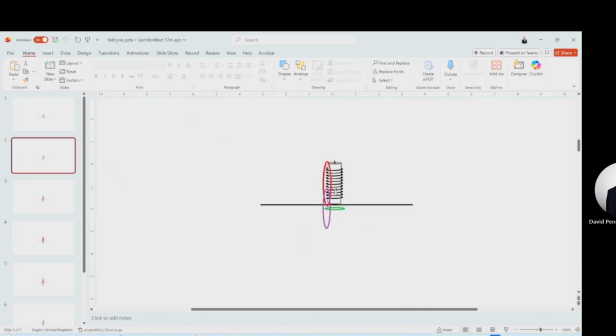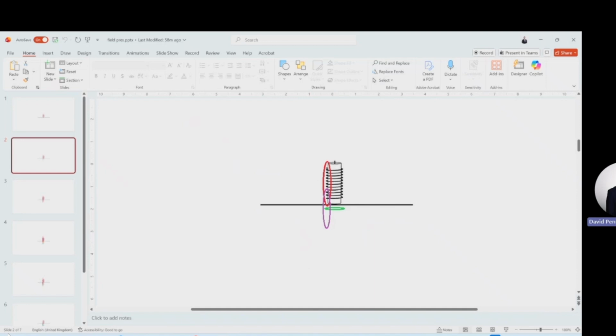The secondary field is inducing the opposite, which we can call capacitive reactance. There isn't a capacitor here, but it's the opposite to inductive reactance. And it cancels out a lot of the inductive reactance, because you can imagine as you're jogging down that street, you've got a headwind working against you. That's the primary field doing that. The secondary field is giving you a tailwind. So it kind of cancels the two out. So the net sum of the reactances almost cancels out, not completely, but it does cancel out a lot of